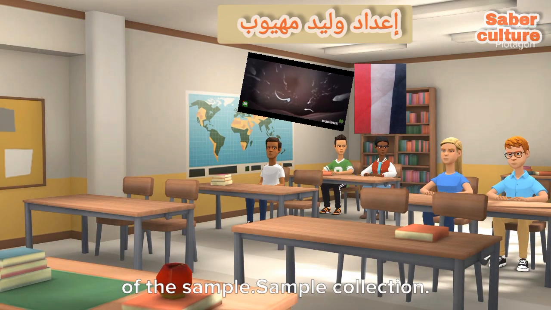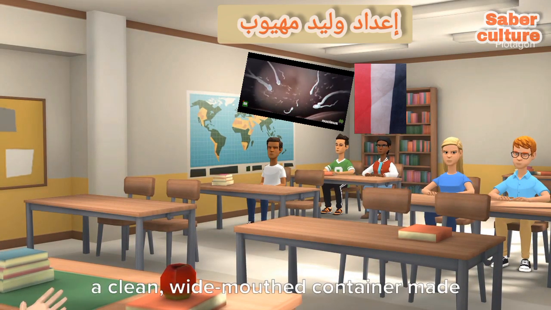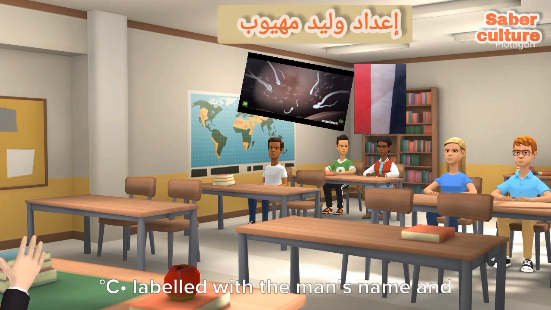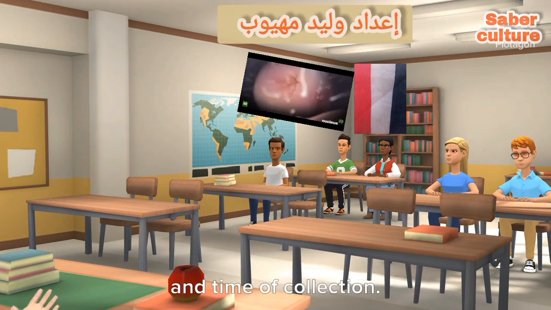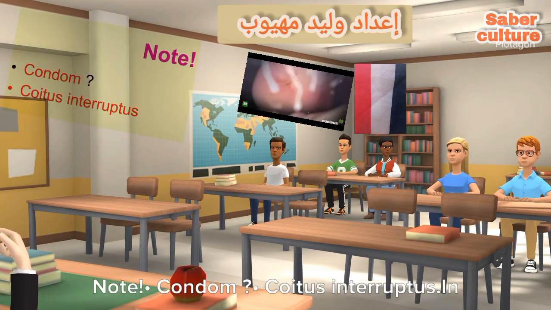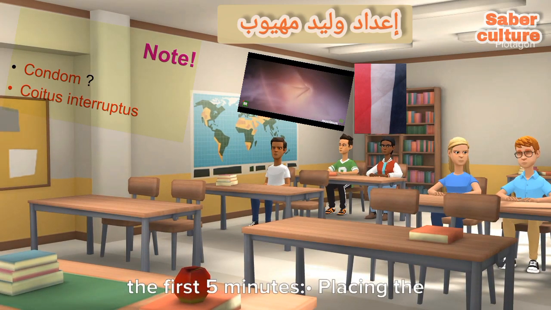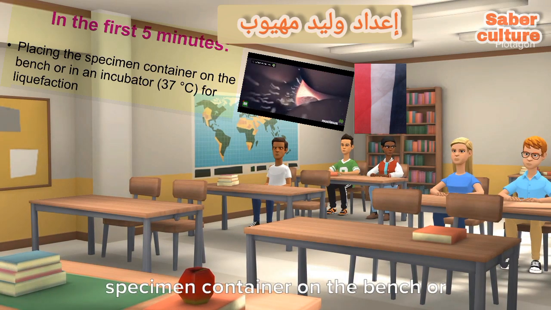Sample collection is by masturbation, ejaculated into a clean, wide-mouthed container made of glass or plastic, kept at 37 degrees Celsius, labeled with the man's name and identification number, and the date and time of collection. Note: condom? Coitus interruptus. In the first 5 minutes, place the specimen container on the bench or in an incubator,